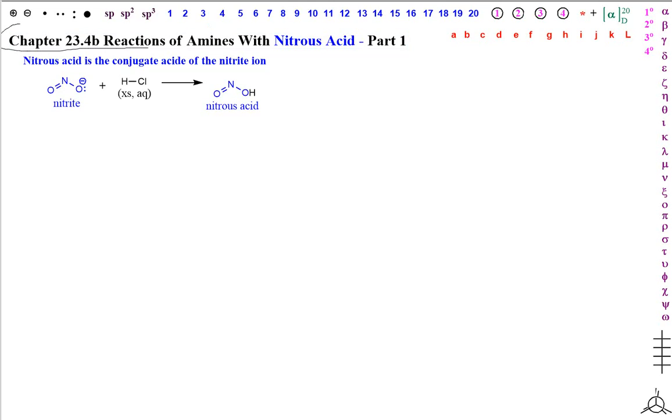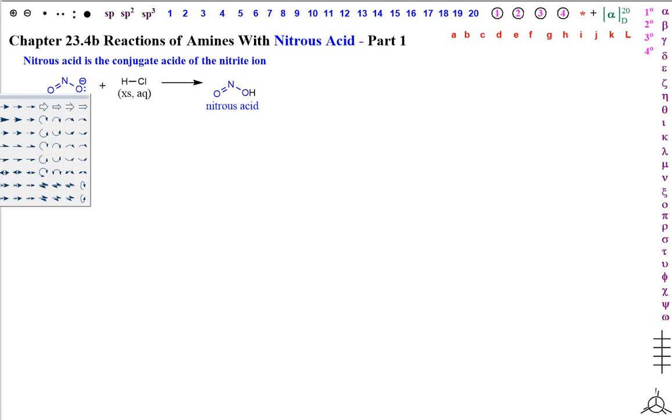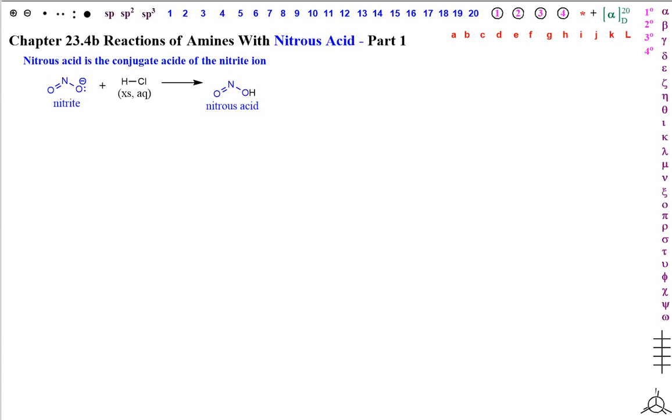In this video, we're going to explore reactions of amines with nitrous acid. Recall that nitrous acid right here is the conjugate acid of the nitrite ion. Nitrous acid itself is fairly unstable, so it's generally made and then used immediately. We will be making it here by reacting it with HCl in a very simple acid-base step